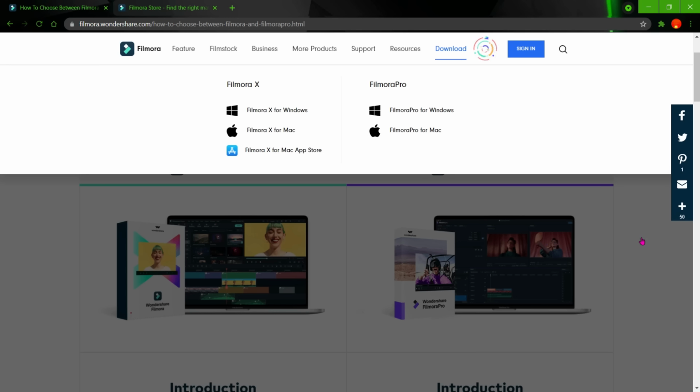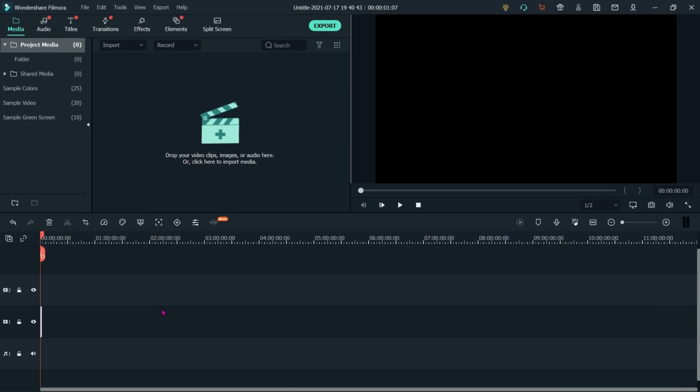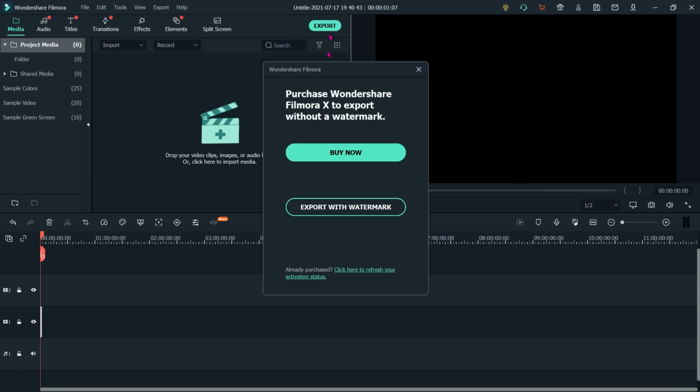Now, one more most important thing: if you are using any Wondershare Filmora version and you don't have any license and you are trying to export, then it shows this export will be with watermark, and then you have to buy. So you can practice this, but if you want to do some professional work and get an output or export copy, then you have to purchase it if you don't want to export with a watermark.